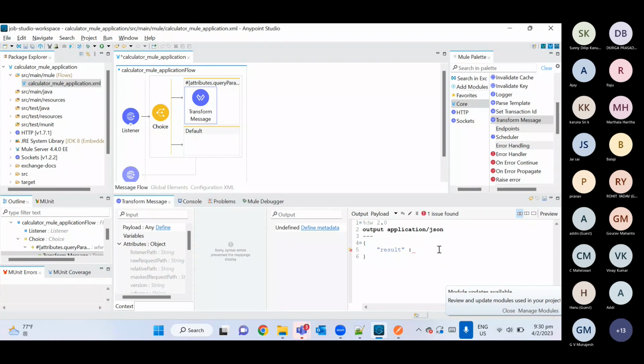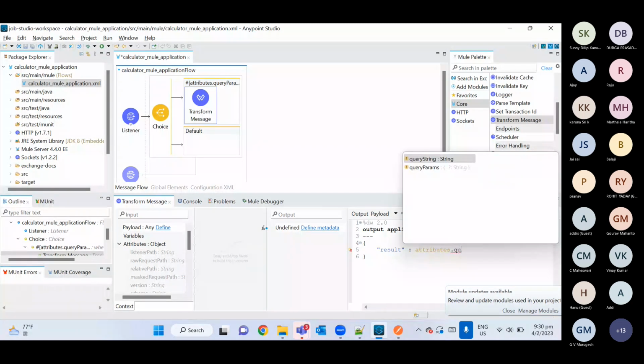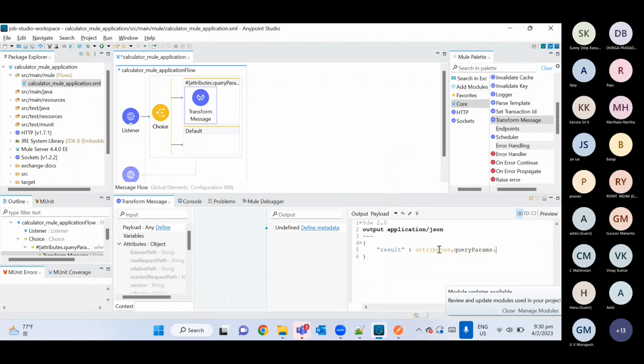So we will add those two query parameters. Okay. So what is our first query parameter? Attributes dot query params dot number one, first number, correct? First number plus